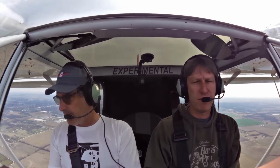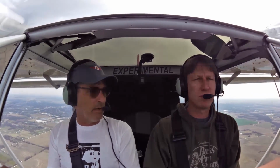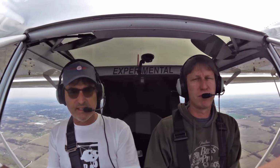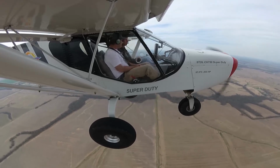Other talks, I talk on sheet metal construction as well, and then I talk about specific STOL features, short takeoff and landing. I talk about the leading edge slats, a lot of the characteristics that make these seen as quite unique for short takeoff and landing. So if you get a chance,